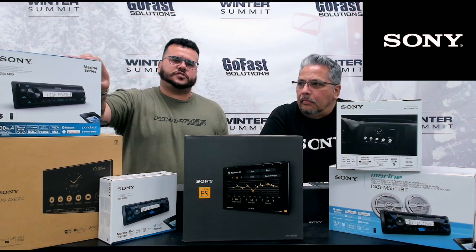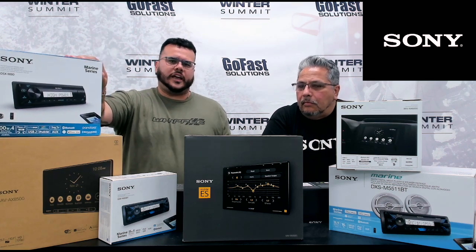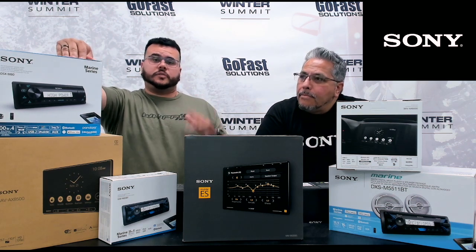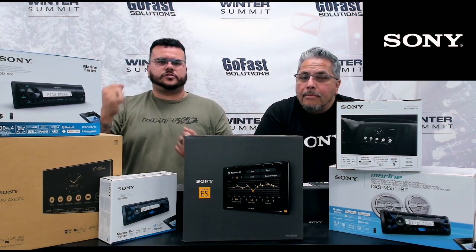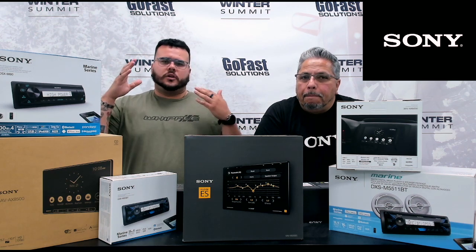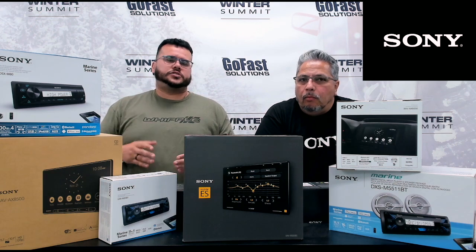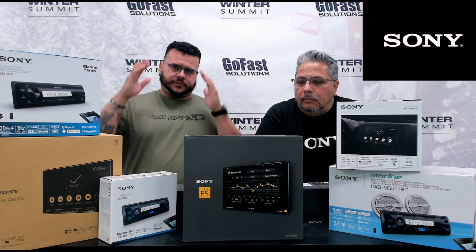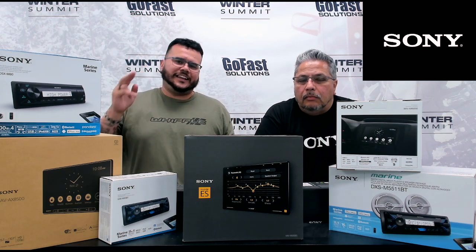unit. It's a simple slide in, slide out. Power the head unit off of power and ground, and make sure the boat's running, because it does have a built-in amplifier. It's going to drain the battery on that boat even quicker, but it'll give you 50 watts RMS per channel. And on top of that, here's a tip and trick for you guys: